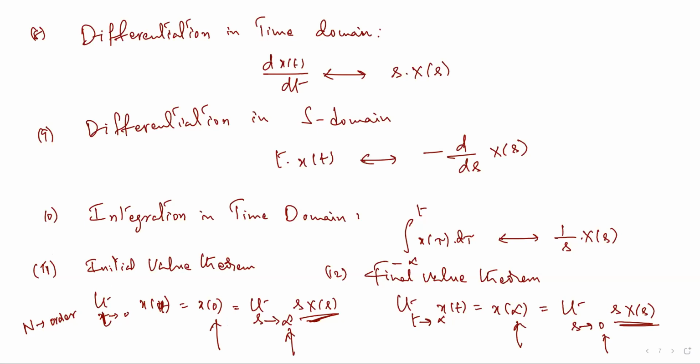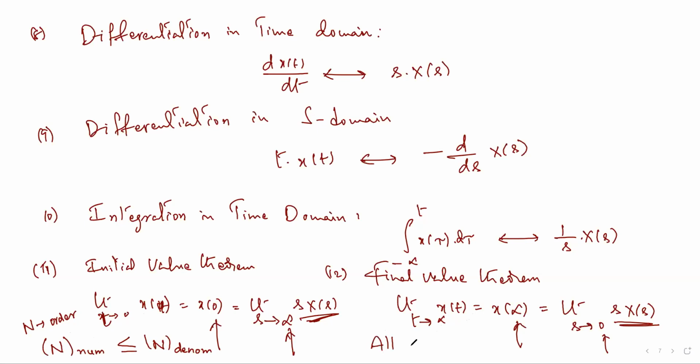Numerator order should be less than or equal to denominator order. That is the condition. Final value theorem, if you see, condition,